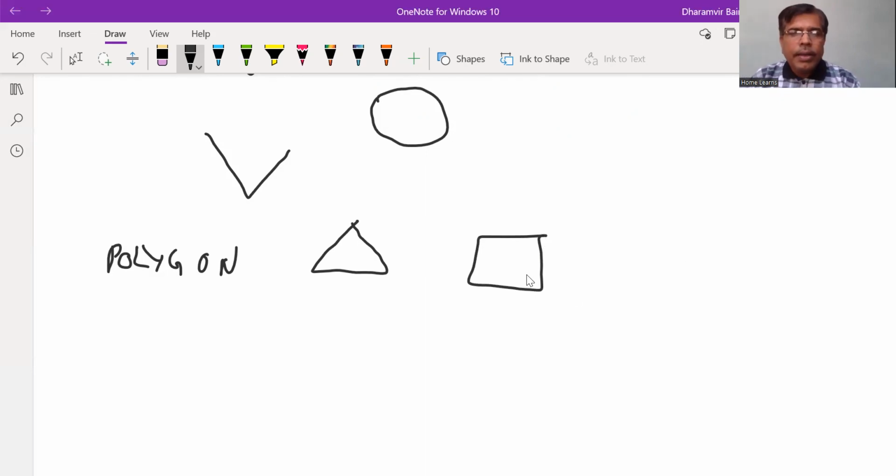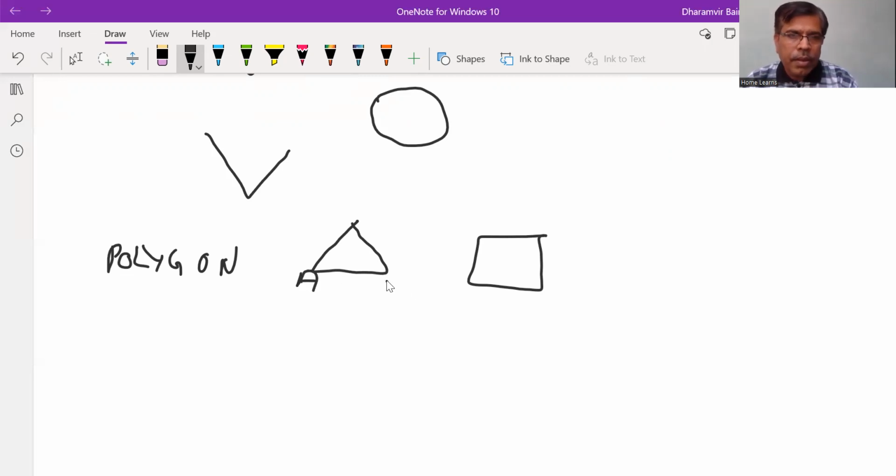Rectangle, again it is a polygon. So all these are polygons. A polygon is a figure, it is closed, it has sides more than 2, vertices more than 2, like